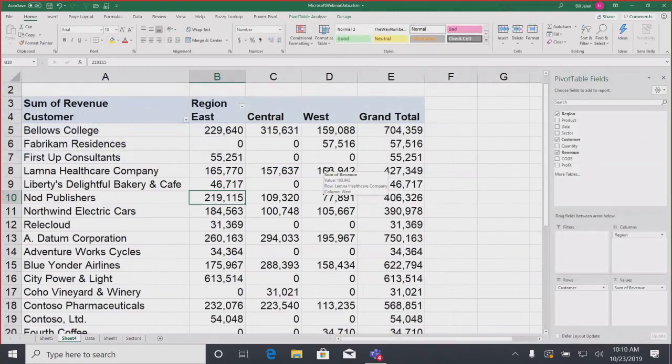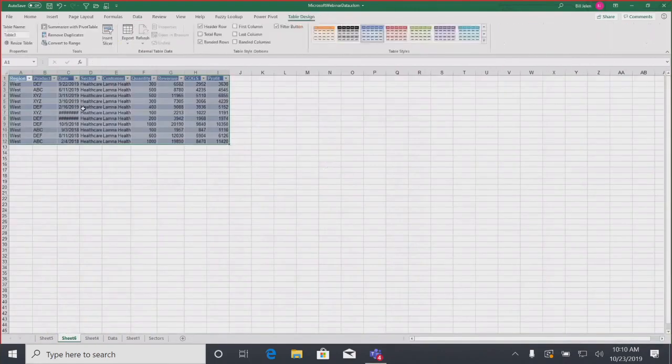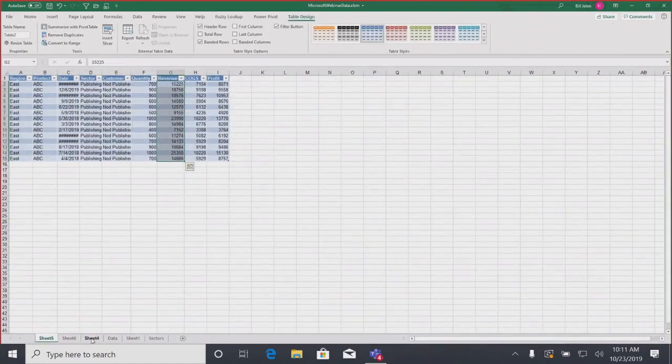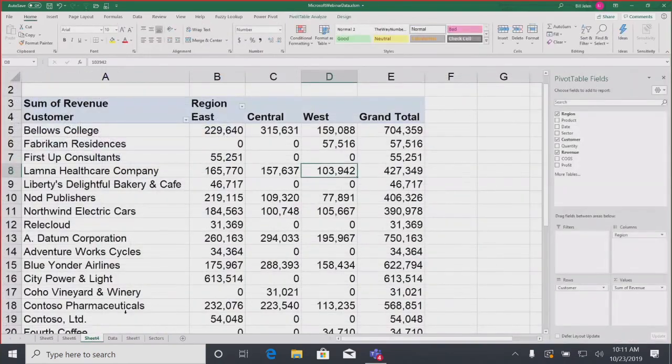And you can do that all day. Where did this number come from? Double click here and you get a report. Now, let's say there was actually a miscoding here. This shouldn't be West region, it should be East region. Well, you want to go back into your original data and change it here. Don't change it on the drill down report. That's not going to do you any good. All right, so it's a great way to identify problems, but you need to be aware that if you are going to make changes, go back into the original data.